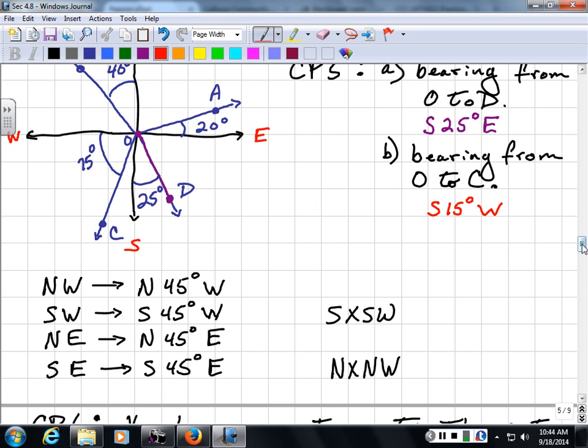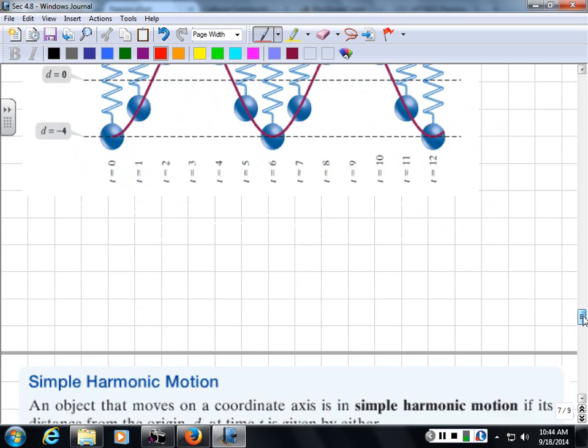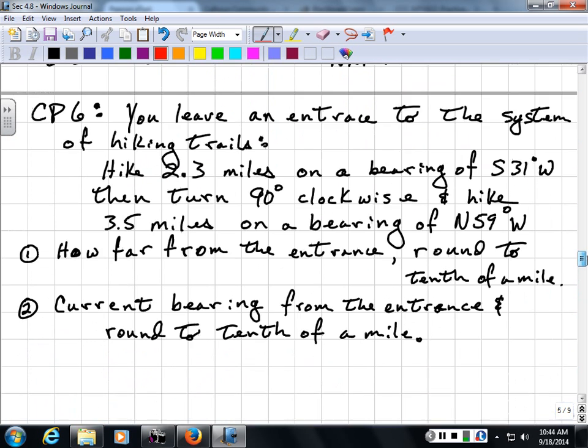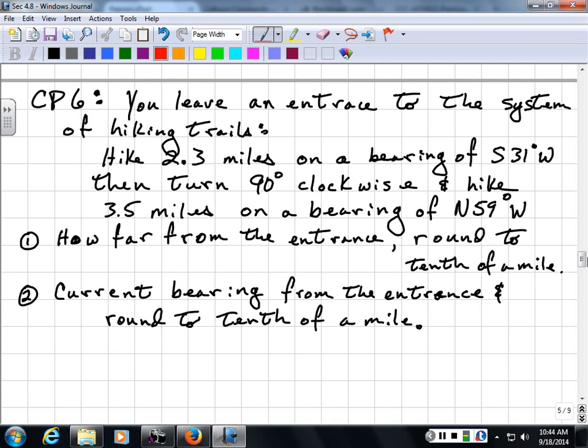Checkpoint number 6. I know we only have a minute left. We'll finish this on Tuesday, but this won't take long. Yeah, we can't do this in a minute. All right, I'll see you guys. Make sure you